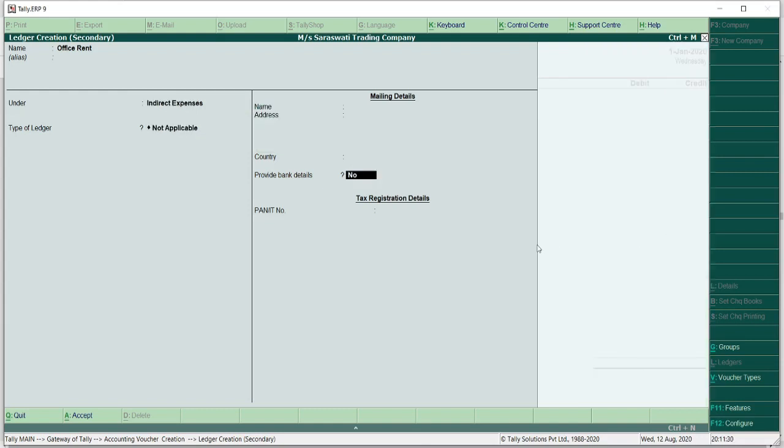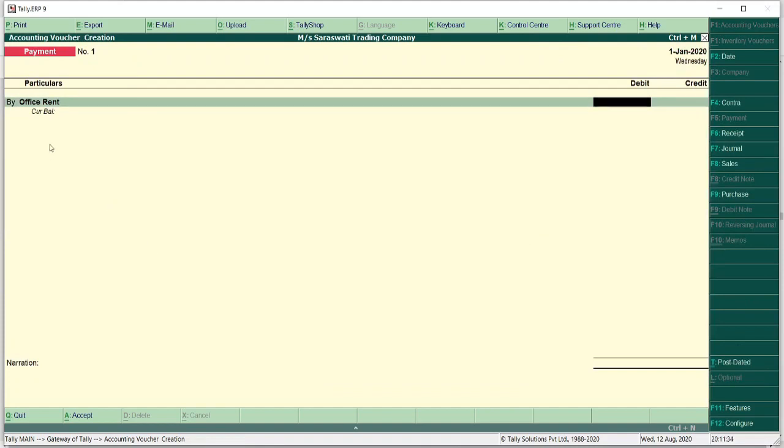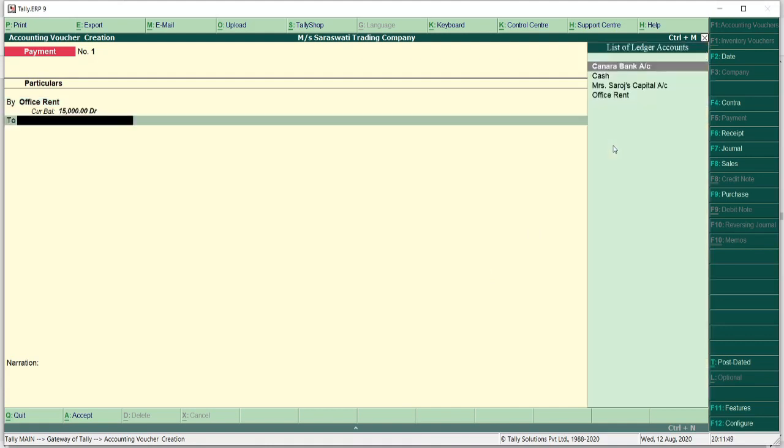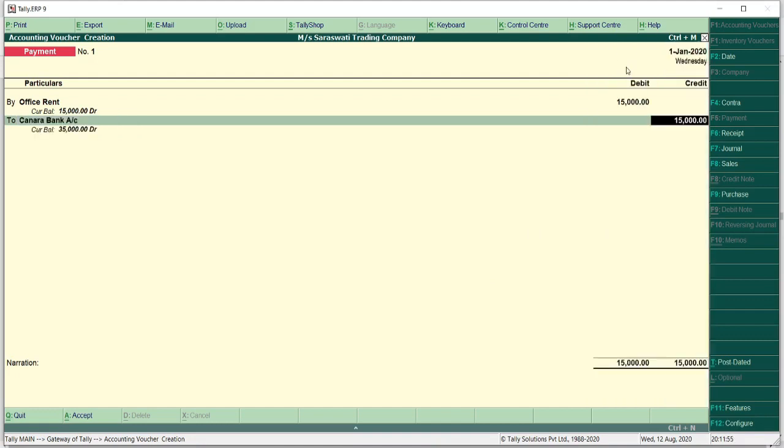Now you can see here office rent account appears and the amount is 15,000. So I will type here 15,000 and then press enter key. Second, I have to select Canara Bank, which is the first ledger account.